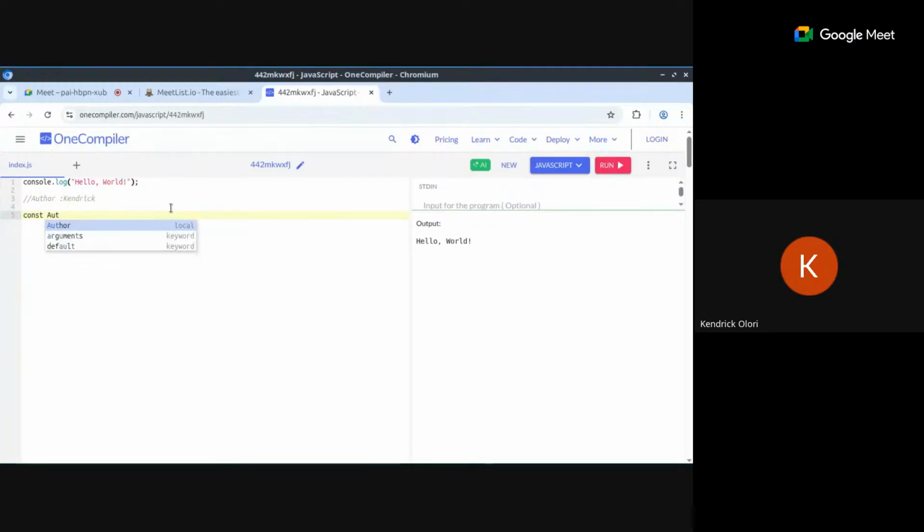The difference is that your VS Code is on your computer. The reason why I decided to use this is that many of us have not installed VS Code or have issues with VS Code. So I decided to use one on the browser so that it will be easier for everybody to follow along. So if you write constant